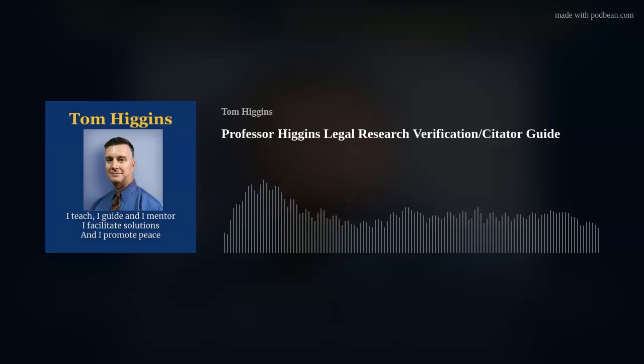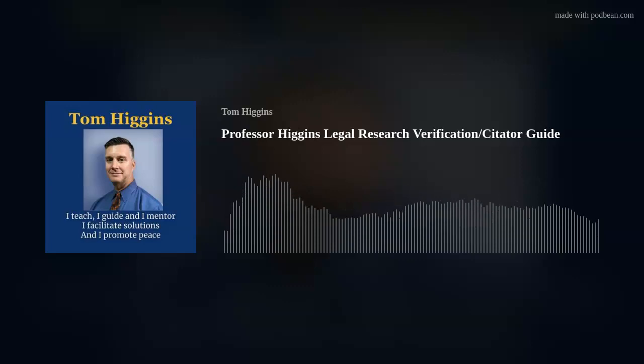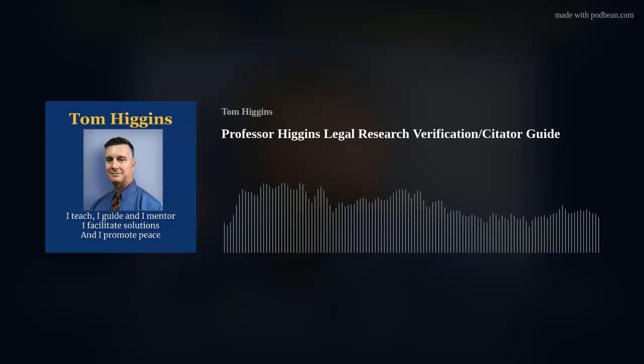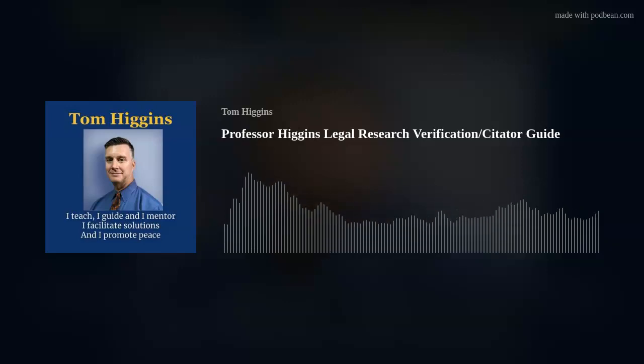Citators also allow the researcher to verify that statutes, court rules, constitutional clauses, and other documents are good law. But in practice, the availability of web-based versions of the up-to-date options for these primary sources of law makes it unlikely that you'll use a citator for this purpose. For these resources, the citator will be more helpful in your day-to-day practice by leading you to additional resources, cases, articles, etc. that you find in the annotations of those statutes on, say, Lexis